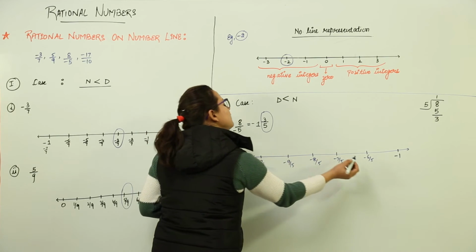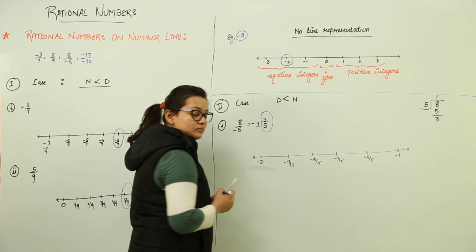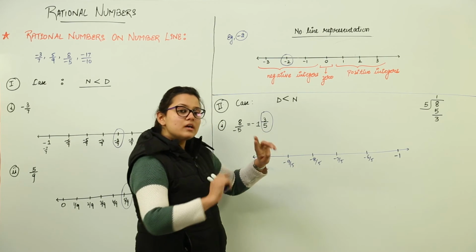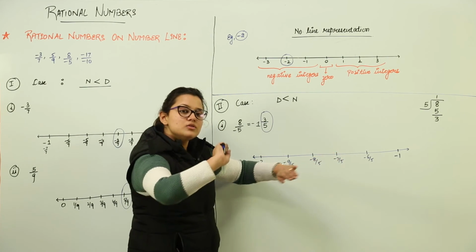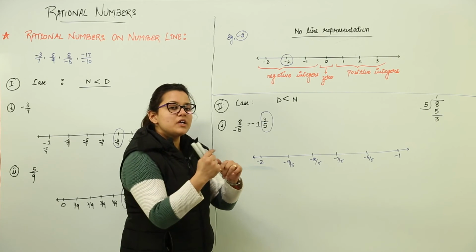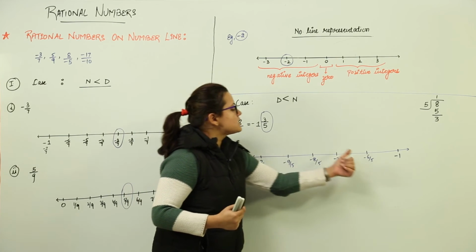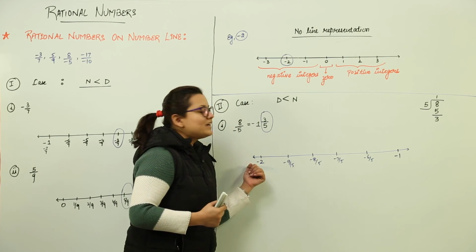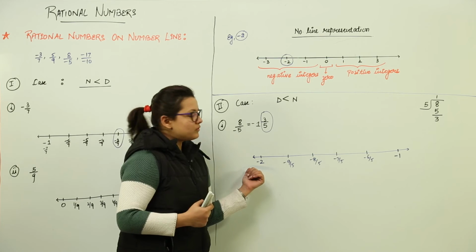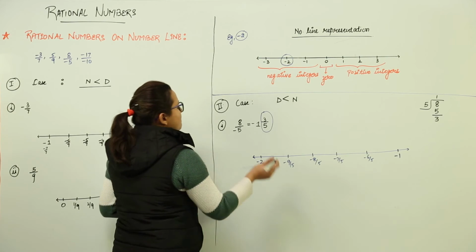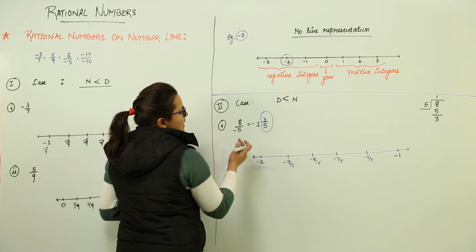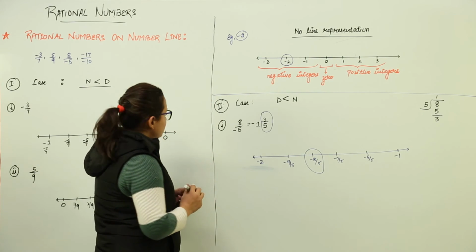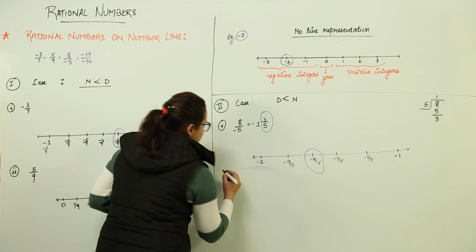Why have I started numbering as minus 6? That is because 5 is written in the denominator. 5 parts are already done, so you start with 1 extra. 5 plus 1 makes 6. So 6 by 5, 7 by 5, 8 by 5, 9 by 5 and 10 by 5 would have been the same. So now you can actually mark your point. This one. Got it?